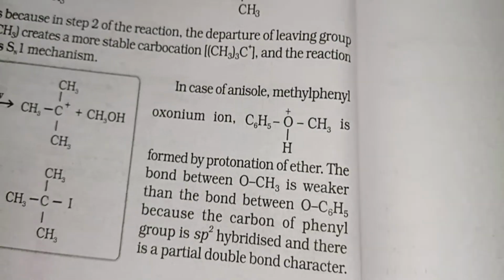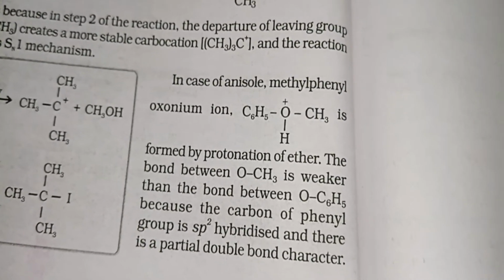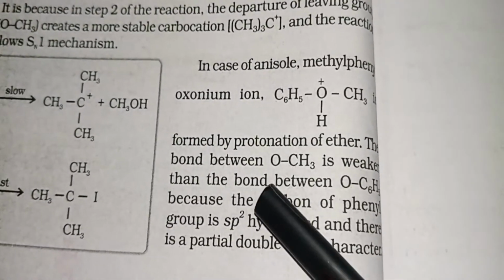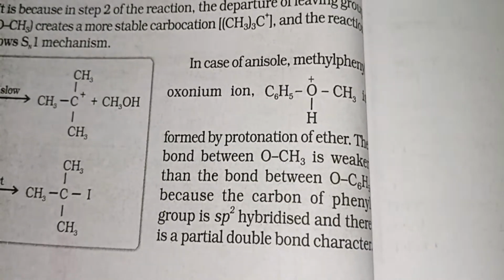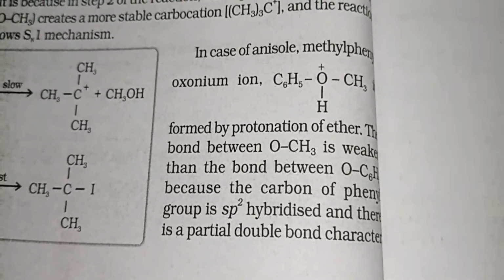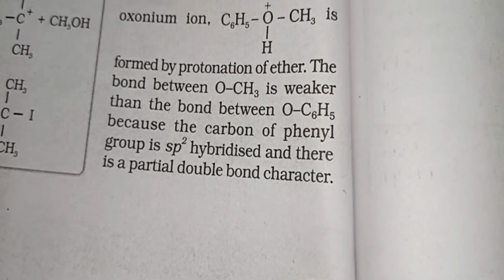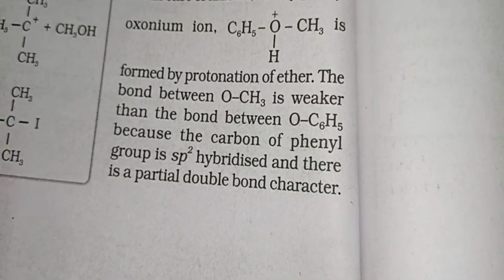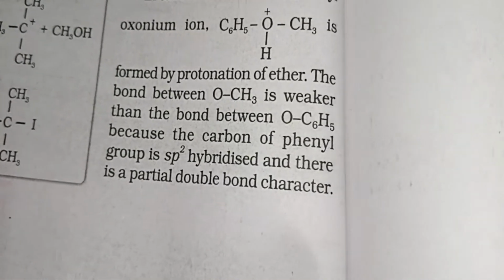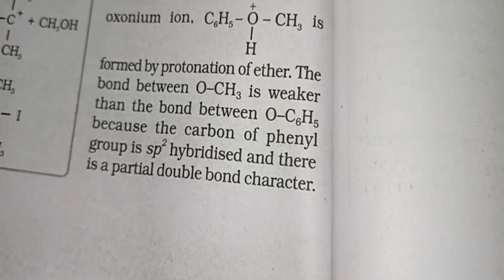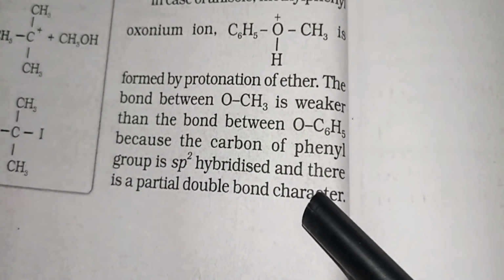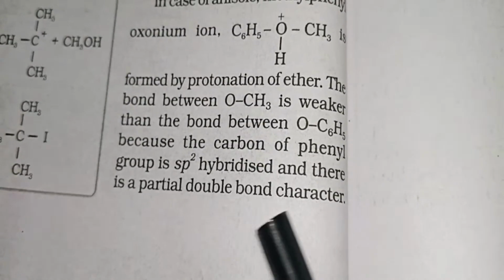We can see in the case of anisole, methyl phenyl ether, oxonium ion C6H5 O+ H CH3 is formed by protonation of ether. The bond between O single bond CH3 is weaker than the bond between O single bond C6H5, because the carbon of the phenyl group is sp2 hybridized and